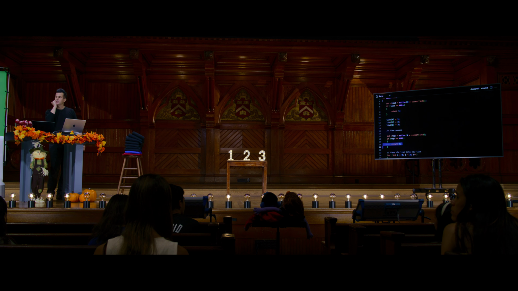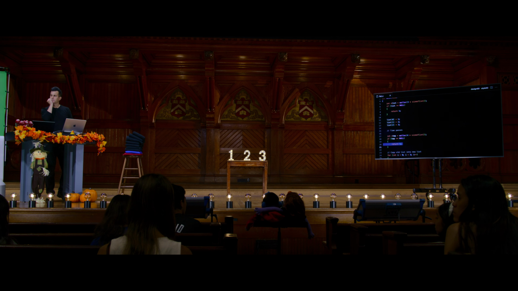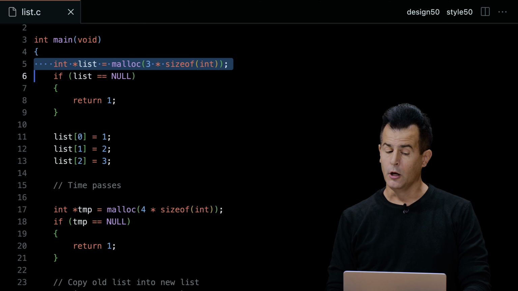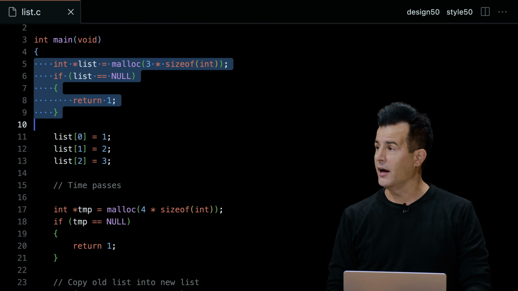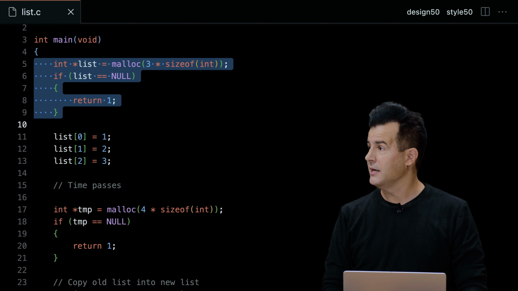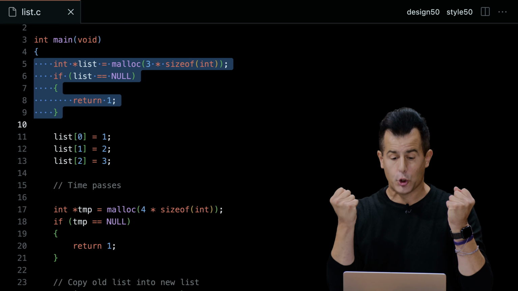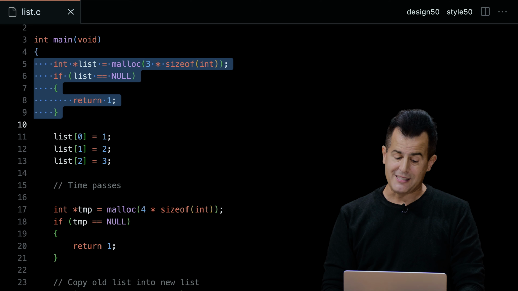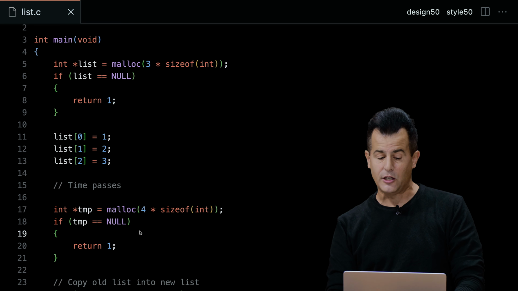Yeah, you want to elaborate on your first instinct? Yeah, I want to still free the first chunk of memory, because if we execute line 5 and all is well, which means that lines 6, 7, 8, and 9 don't apply, it's not in fact null, we got back a legitimate value, that means we have a chunk of memory given to us for 3 integers, which means it still exists down here at lines 19 and 20.